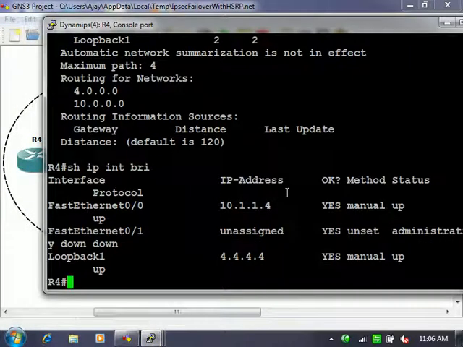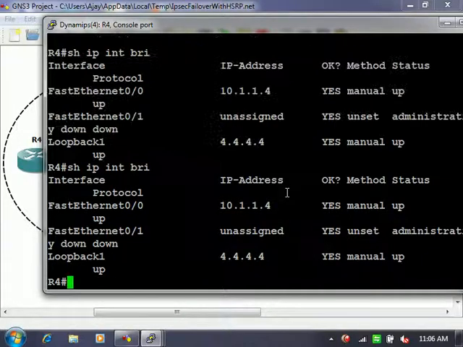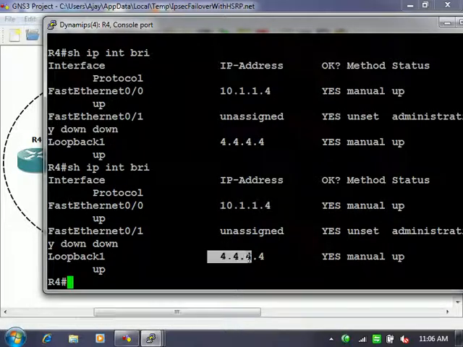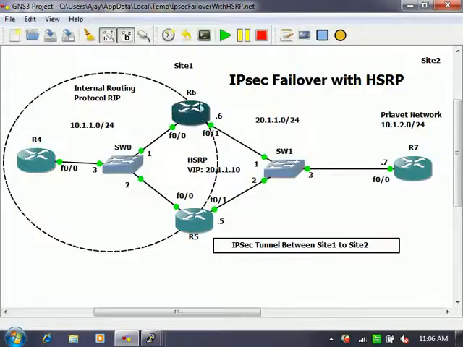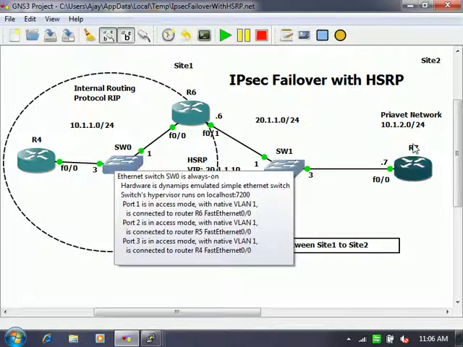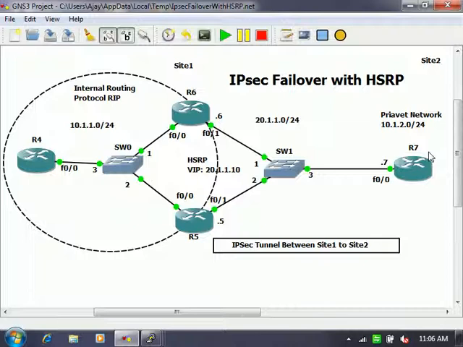R4 is your internal router, which means these two are your private network. Over here, R5 and R6, beyond R5 and R6, this side is your complete private network. This side you don't have the network. Actually you can take two more routers, but I am not taking them. Rather, I will just configure one loopback address, so it acts as your private network. This link, FA0/0, up to over here, this tunnel area is your public network.